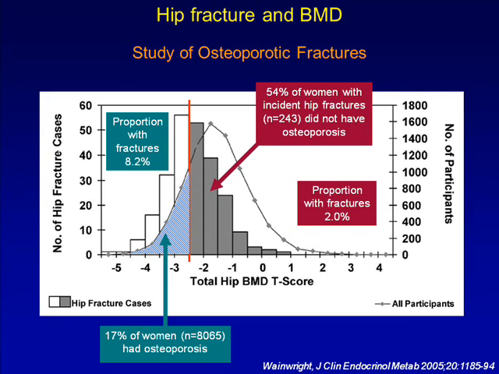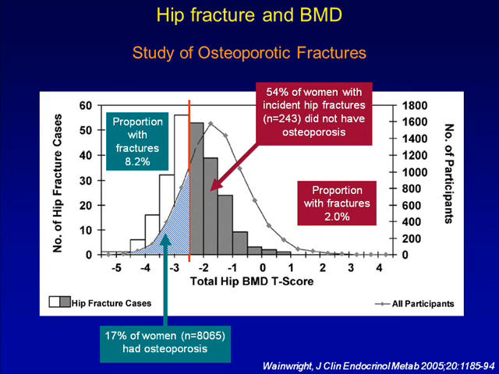So if you look at these, 17% of this population had osteoporosis, and this is the rest, the 83% without osteoporosis. But if you look at it, more than half of the women who had fractures were actually not in the osteoporotic range. Okay? But just in case we decide to throw away bone density, it's actually quite important because